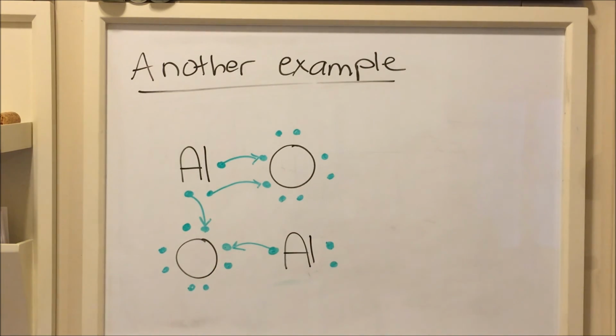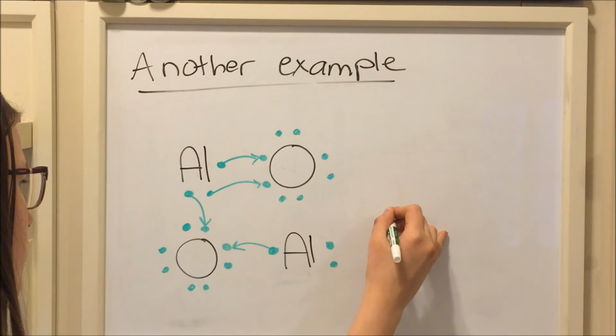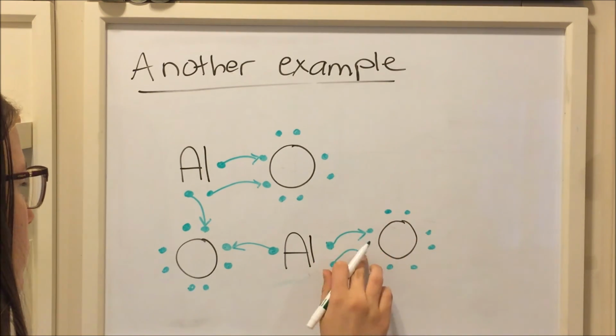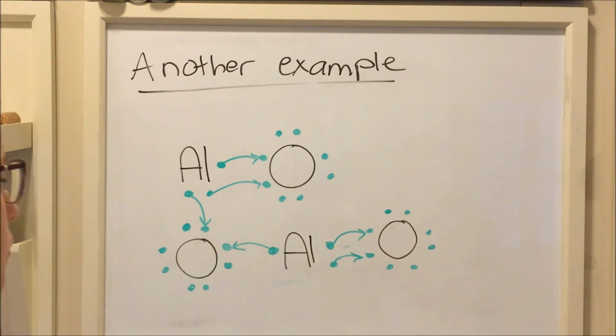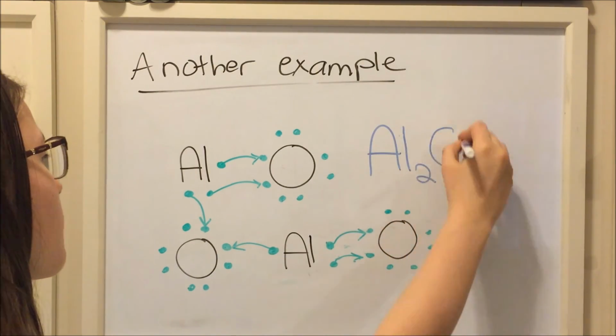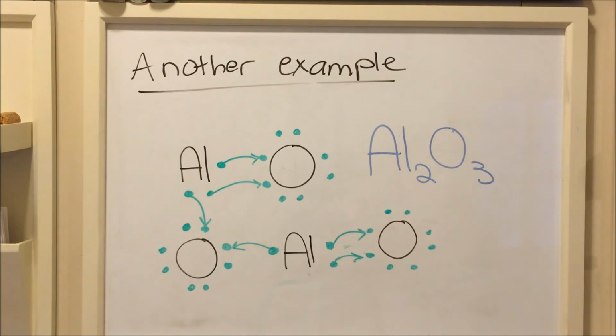However, oxygen is not happy now, so you can see why this is kind of complicated. So I'm going to draw another aluminum dot structure and another oxygen atom, and as you can see, all of these work out. So the final formula is